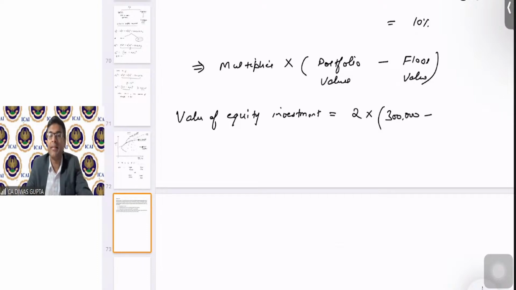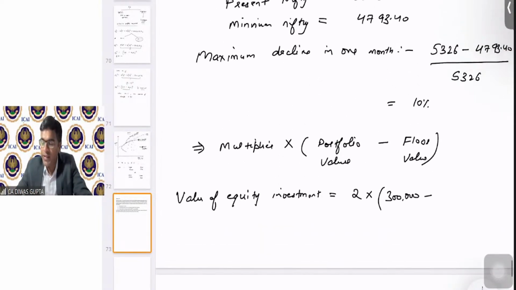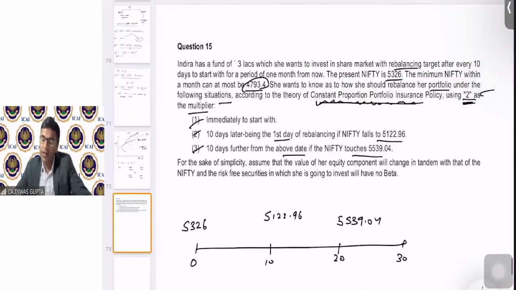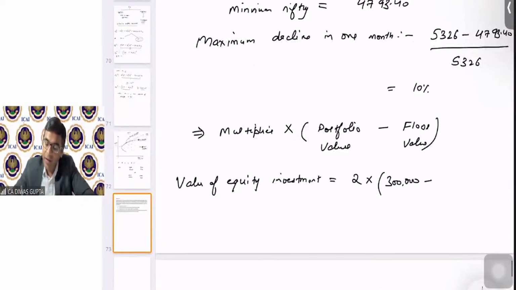3 lakhs minus. Now, what would be our floor value, students? Yes, Tanisha, you're right, 10%. What will be our floor value, students? If we again read out the question, it says Indra has a fund of rupees 3 lakh which she wants to invest in the share market with rebalancing after every 10 days to start with, for a period of 1 month from now. And the minimum Nifty also they have given. She wants to know how she should rebalance her portfolio under the following situations. So, if the tolerance that we have calculated about the maximum decline in 1 month is at the rate of 10%,